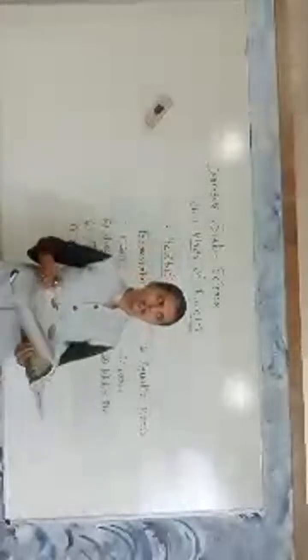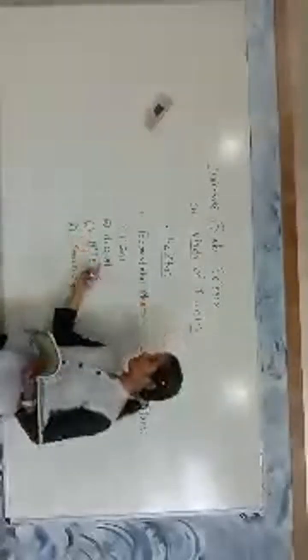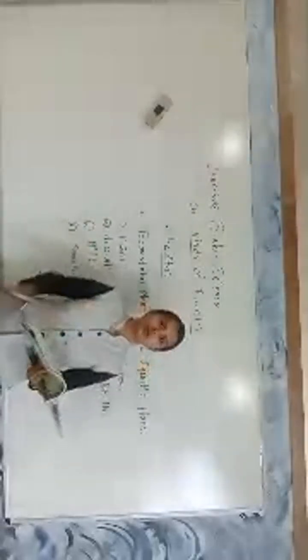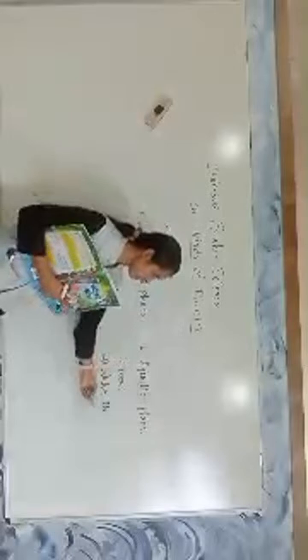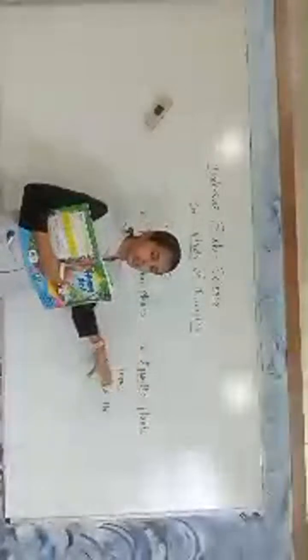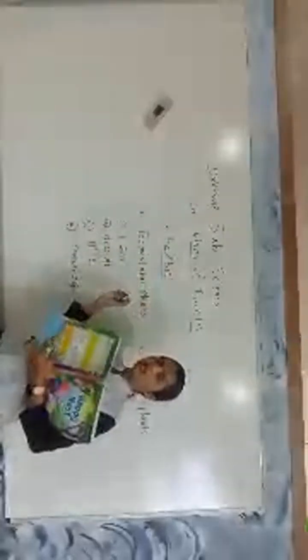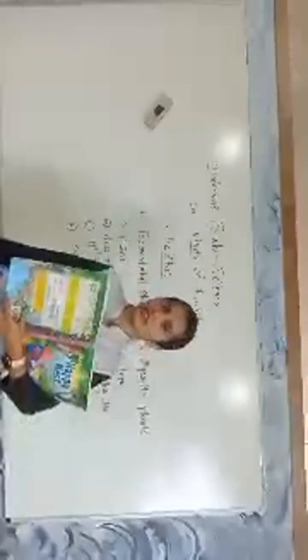So some plants grow on plains, some plants grow in desert, some plants grow on hills, and some plants grow in snowy region. Likewise, lotus and water lily grow in water. So these types of plants which grow in water are called aquatic plants, and all these types of plants are called terrestrial plants. Now, if you get a question in your exam that write two examples of terrestrial plant,